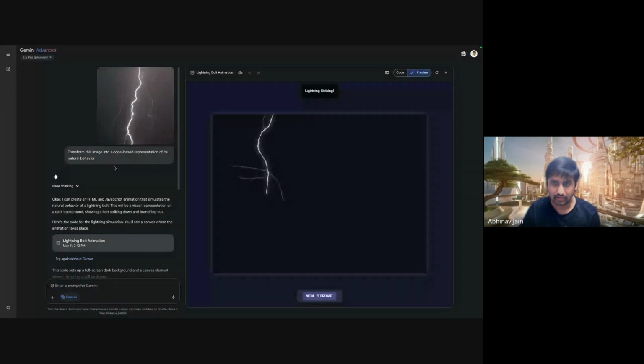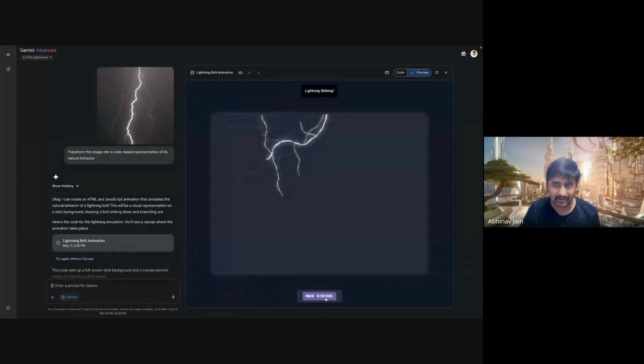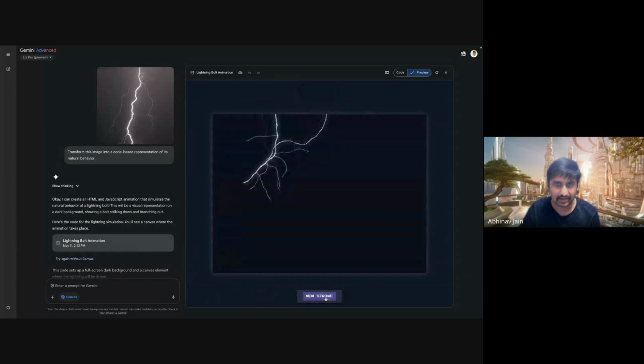So you can see I can generate a new strike, and every time it's a different type of strike happening. It's like a fractal. Those fractals have a different effect every time, so none of the time would it have the same type of effects. I can add prompts to add more, so you can control these lightning effects as well. I can write a prompt so that we should be able to control those lightning